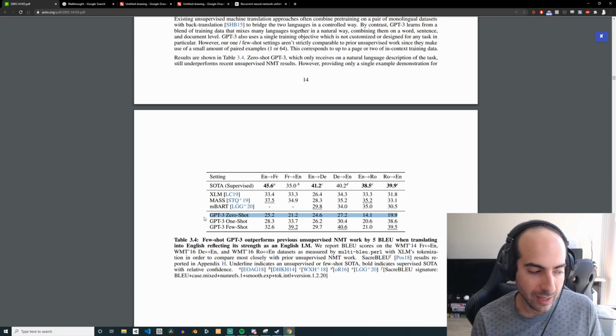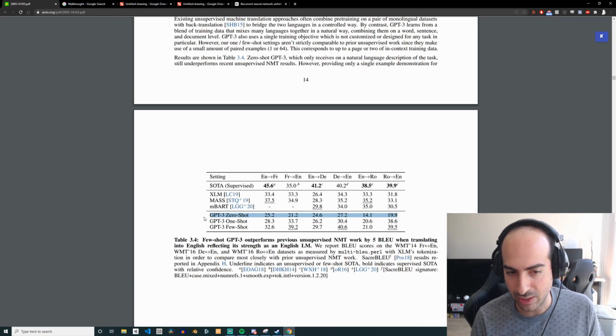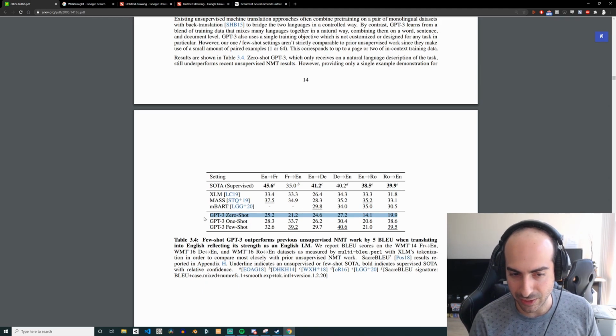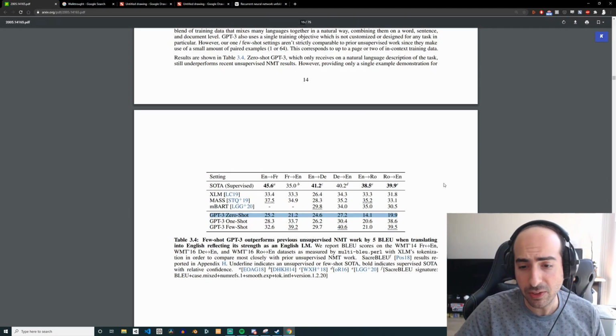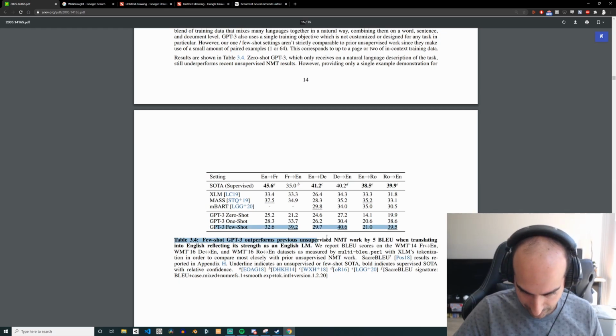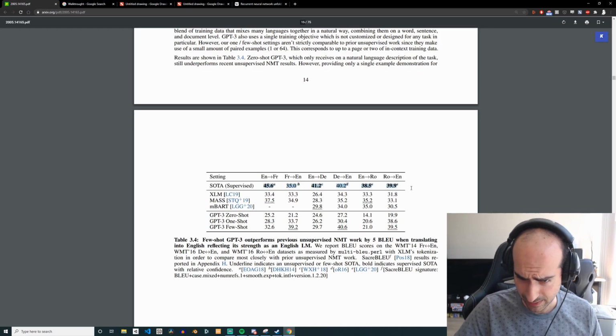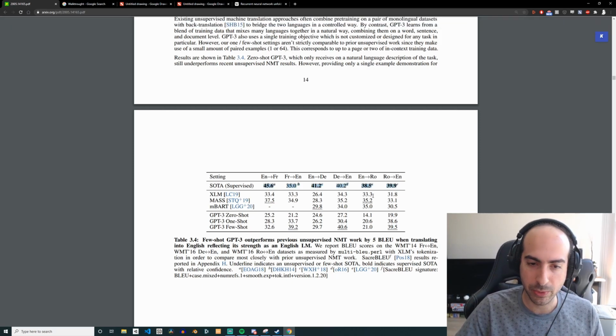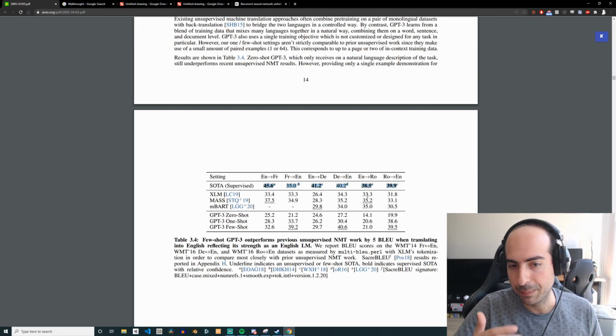Let's say if you asked me to translate from a language that I've never seen before, why would you expect me to do any good on it? And even if you look at the few-shot setting, where you give it a bunch of examples, it still doesn't beat state of the art, which is very telling. It tells you that these sort of custom models will still probably be better